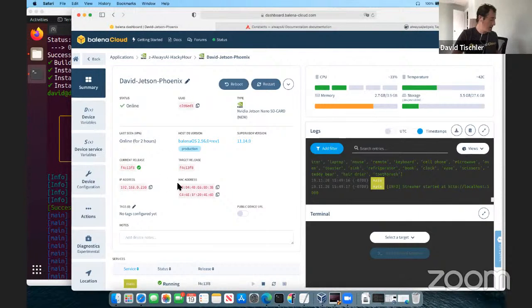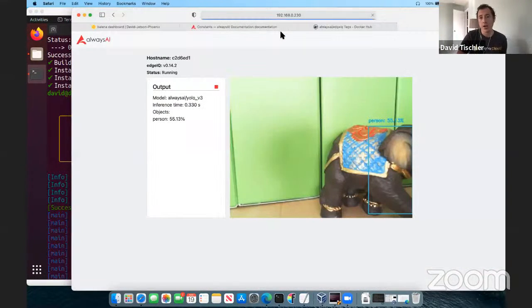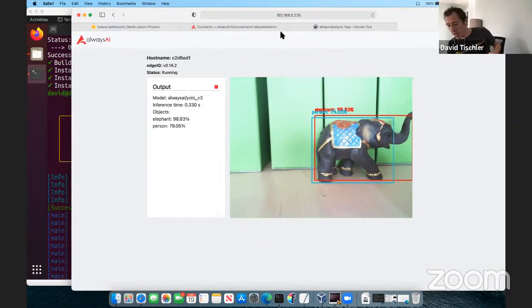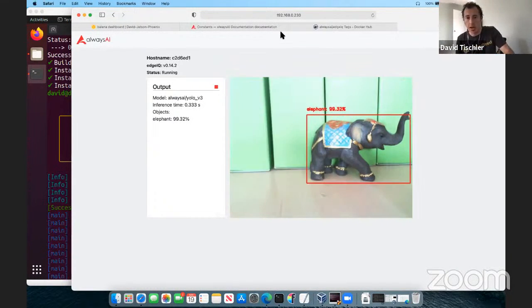This Always AI object detector is now running. My local IP address is right here. I'm going to open a new tab, and let's see what that Nano sees. Okay, hang on a minute. Now my frame rate is not wonderful here over Zoom, but this thing is working. So I like to test with toys I grab out of the kids' room. And